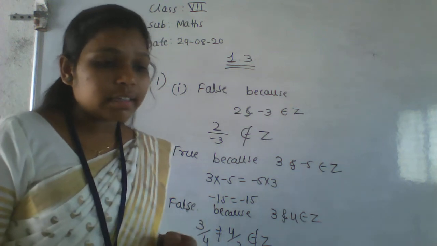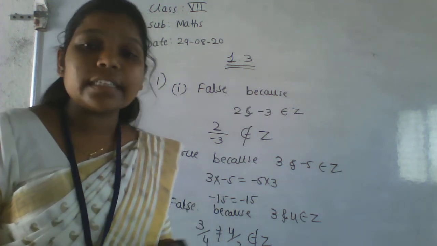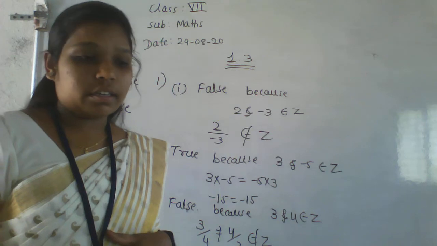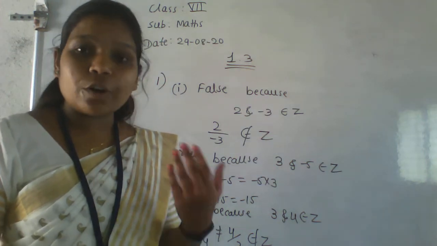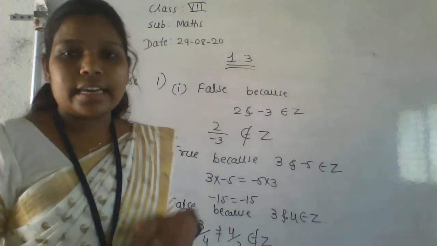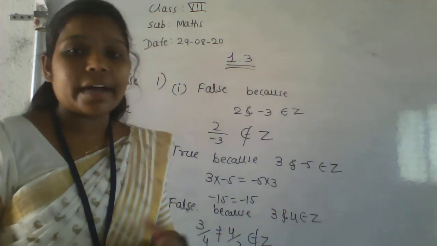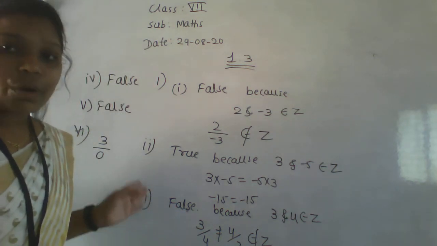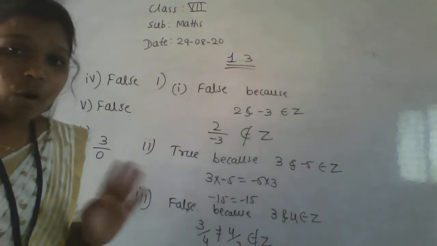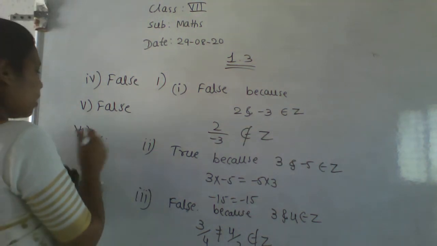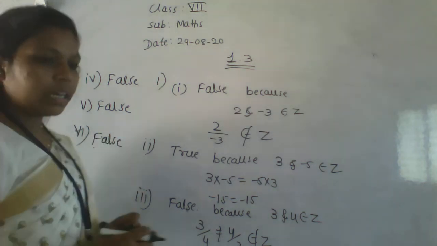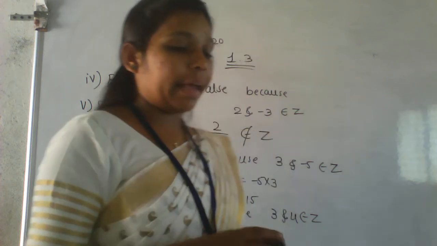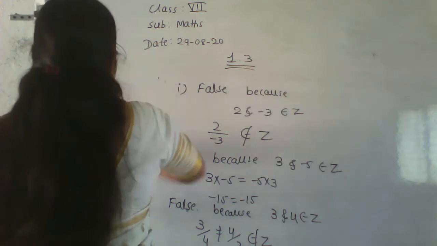What we have to say here? 0 divided by anything is 0. But division of any integer by 0 is not true. Okay? We can say division of 0 by any integer is 0, but division of any integer by 0 is not true. It means like this, 3 by 0. Whether it is 0? No, it is an undefined value. So it is a false statement. This one also is a false statement. Okay. So next we'll go for the second thing, that is the fill in the blanks. We have to do the fill in the blanks.